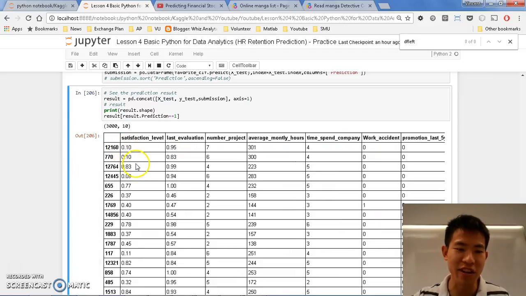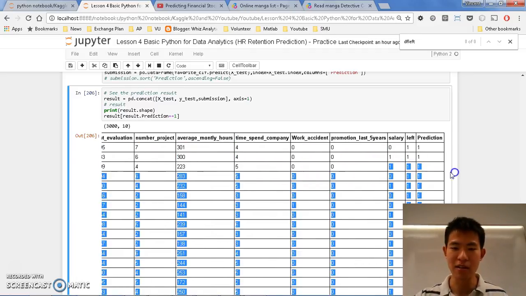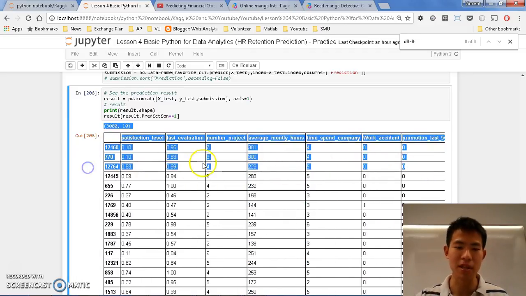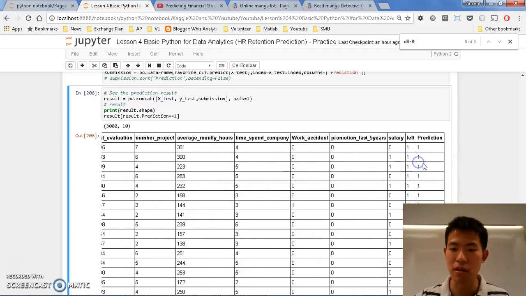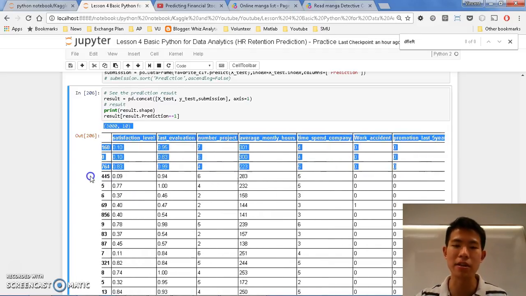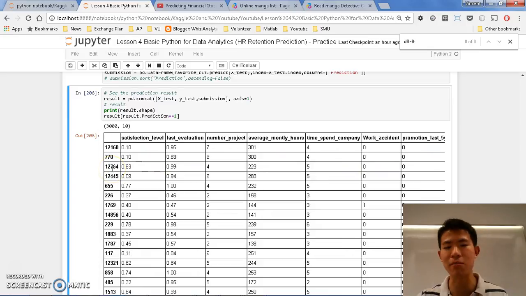They have low satisfaction levels. I don't know why, it's still sad. But there's a good satisfaction level, but maybe overworked, or maybe something that is not represented in this. Well, this is actually working well. 12764, he left, and the company figured he left. Maybe it's because the salary is not medium, so maybe this guy is expecting more. That's why he leaves. So feel free to test it out in this way,